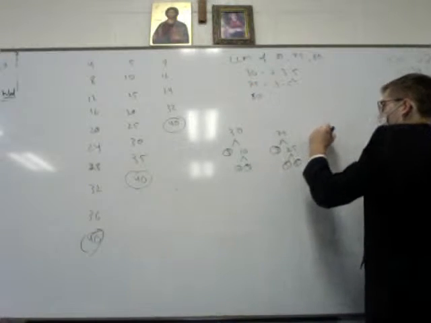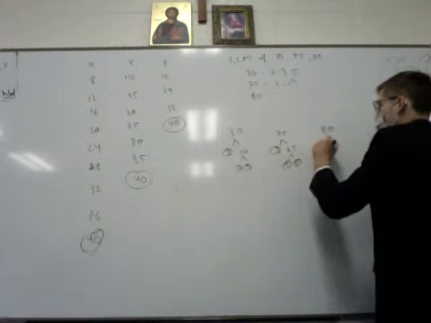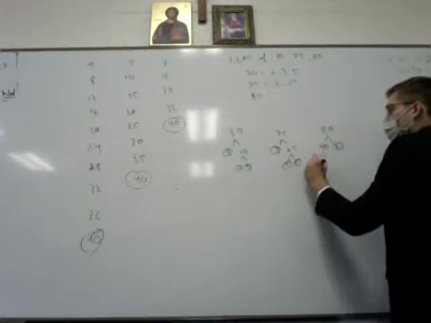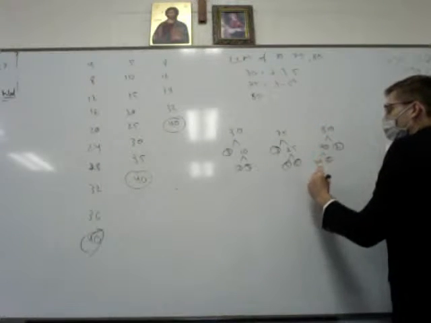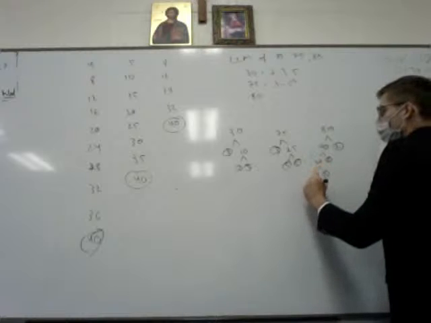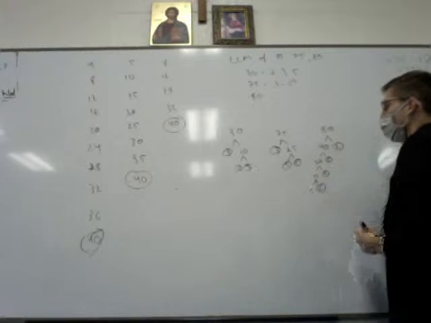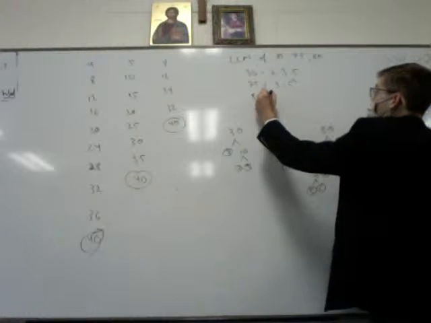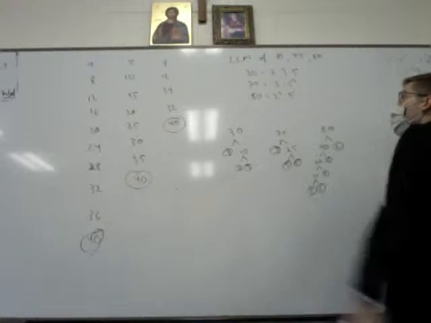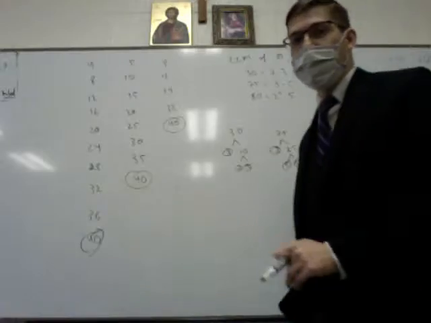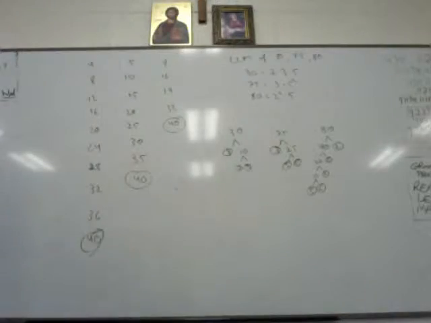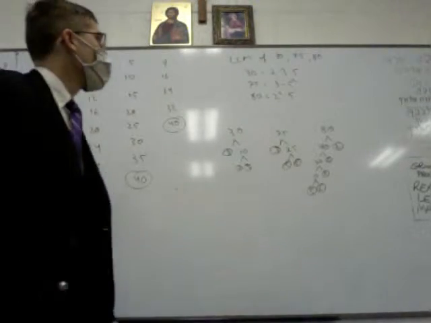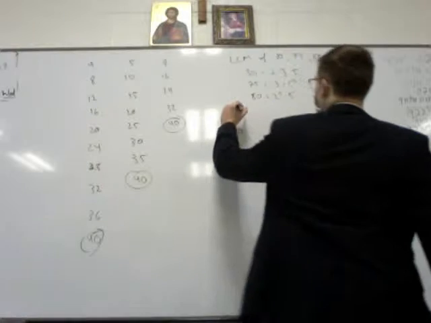80 is 40 and 2, 20 and 2, 10 and 2, 5 and 2. So 80 is 2 to the 4th times 5. Okay, once we have them all broken down into products of prime factors, then, right, so our least common multiple,